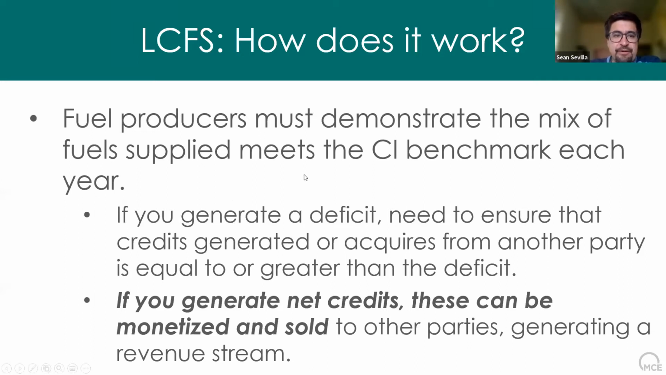If you are a fuel producer, you need to demonstrate that the mix of fuels that you supply to the California market are at or below the carbon intensity benchmark each year. If you generate a deficit, then you'll need to ensure that you generate or acquire credits from another party equal to or greater than your deficit. And of course, if you generate net credits under the market, these can be monetized and sold to other parties,